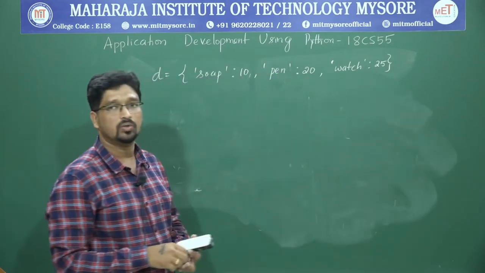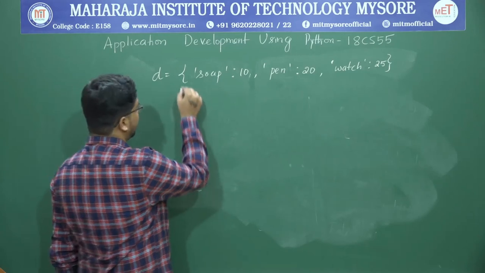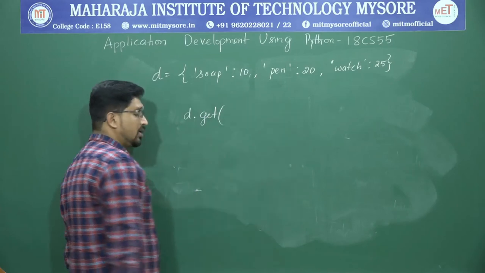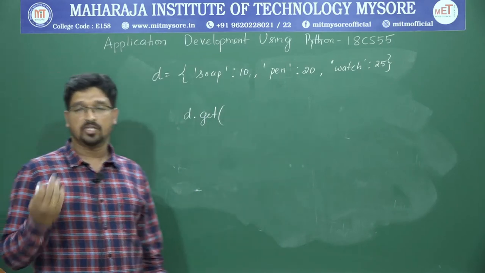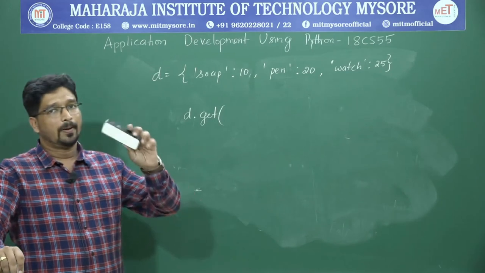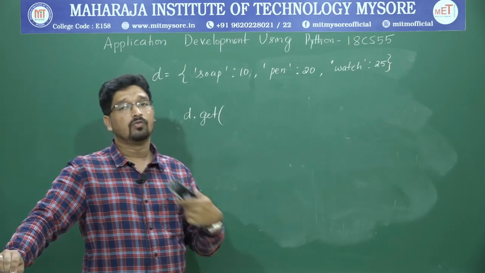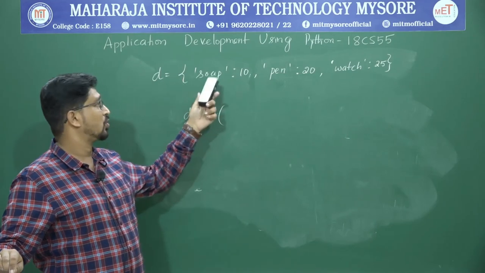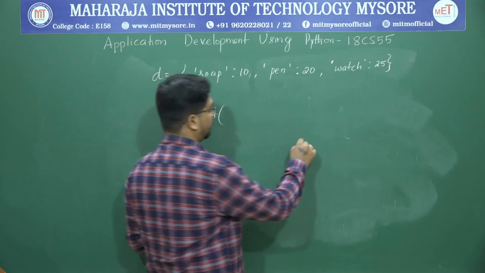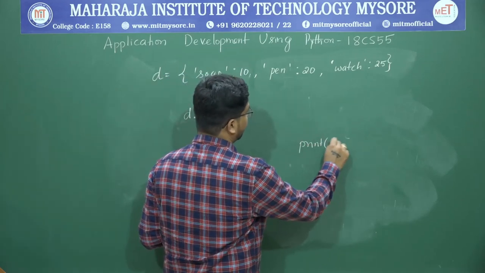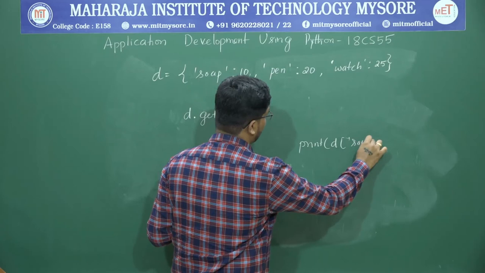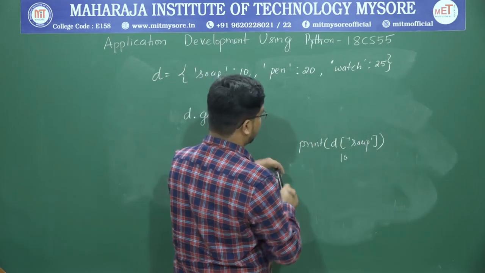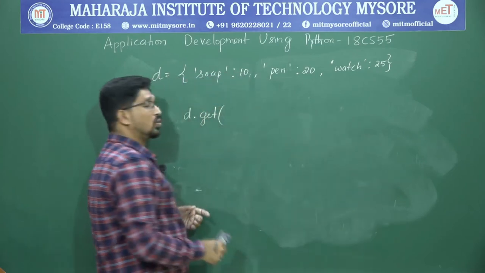So as I told you, the dictionary.get method, let us say I will write d.get method. Like in and not in keywords will fetch you a true or false result. Or if you want to access the value of a particular key, then you can say d of soap. If you say print of d of soap, then you will get the value. You will get 10 as a result. But there is one more method to get the value.